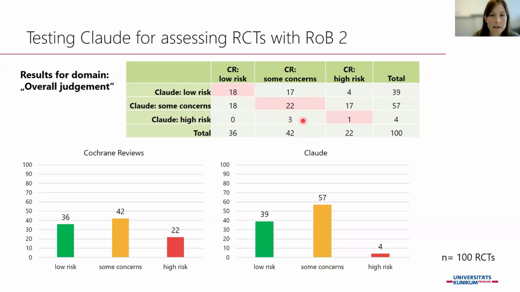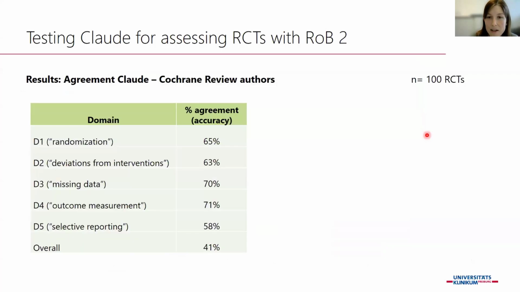Yes, and in the other fields, you see that we have the disagreements, for example, here also 18, where Claude judged some concerns, but Cochrane review authors judged low risk. So maybe as you can see here, the agreement was not that good. And I show you the percent of agreement, which is the accuracy. So we had agreement between 41% and 71%, which at first glance maybe looks not that bad, but